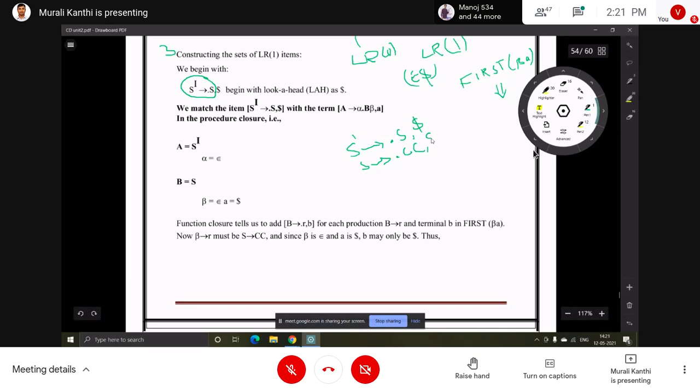So dollar will be the lookahead for this production.